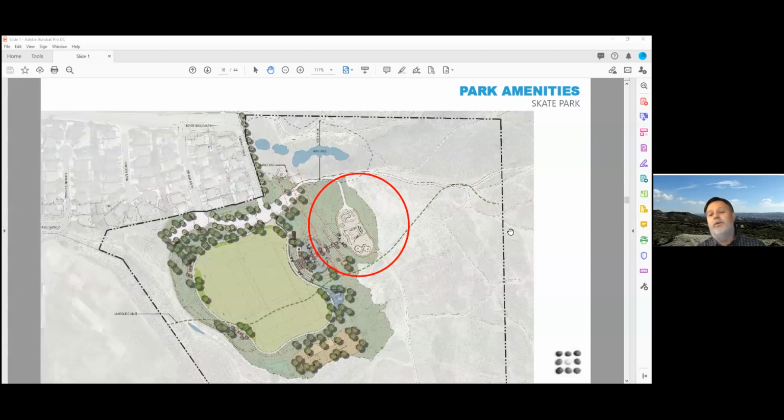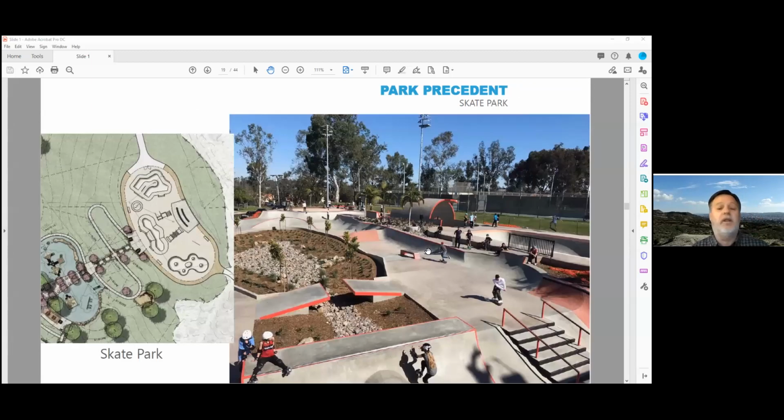So the next item, and hopefully we get some participation on this one, is the skate park. I am not a professional skate park designer or skater, but we do have a semi-professional skater on our staff who does all of our skate park design in-house. That's Eric Sanders. Some of you on the phone or on the presentation may know him in the community. He's been here for 20-some years and has been a skater since his youth, and has skated in many of